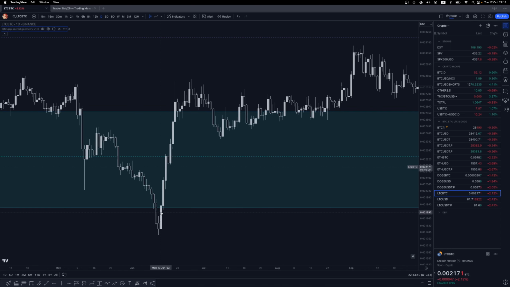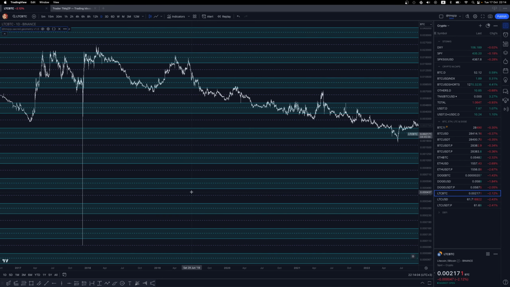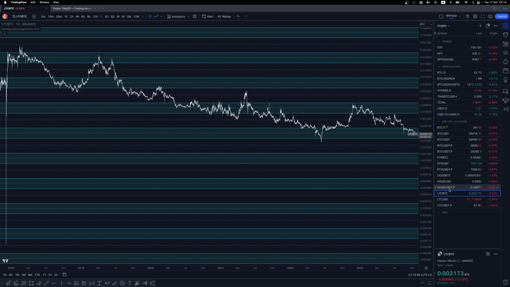Basically the deviation on the daily is also a reclaim of this band, right? So yeah, you get the idea. Throw it onto a chart and see if it works for you, especially for shitcoins that are relatively new and only have very little information, so you can't really do much TA on them. Just throw these things on and there's a high chance that they will respect it somehow. Right,